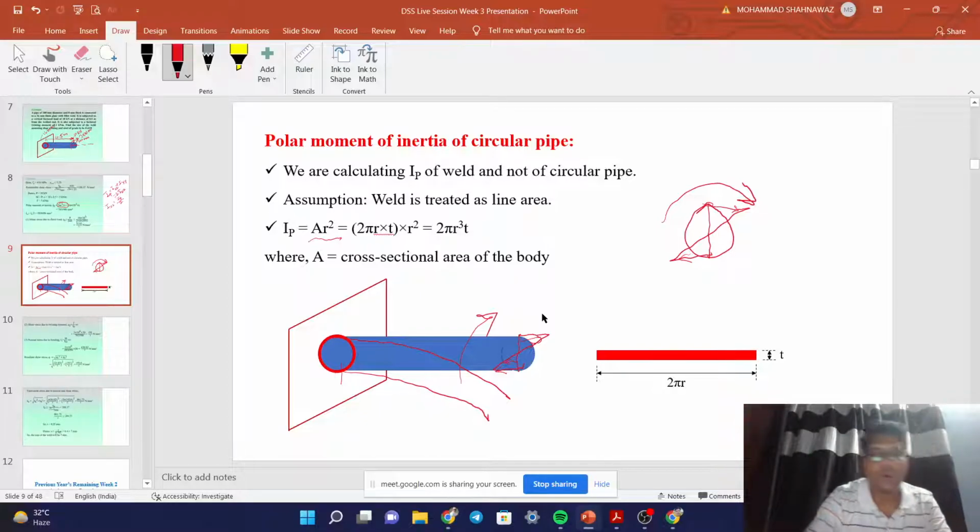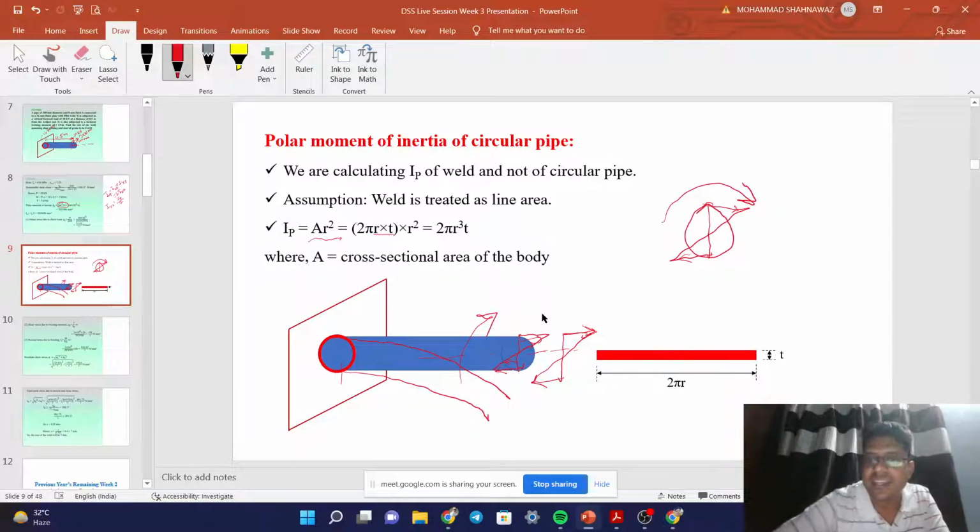So when you are going to draw its diagram, you will find that above the neutral axis you will get tension, and below the neutral axis you will get compression. So likewise, the stress distribution will take place. Okay, so this tension is coming along which axis? Along this axis, the longitudinal axis.